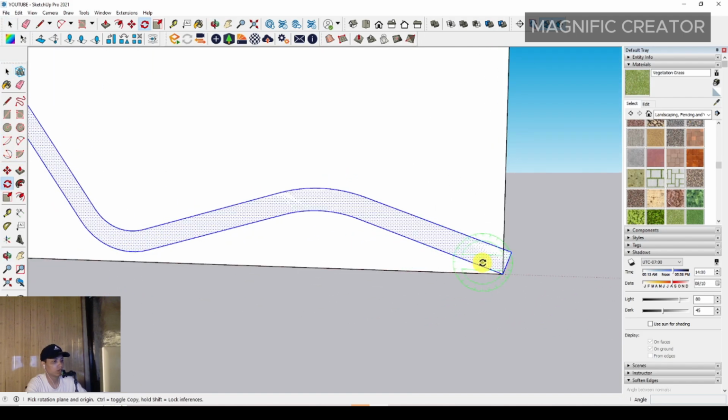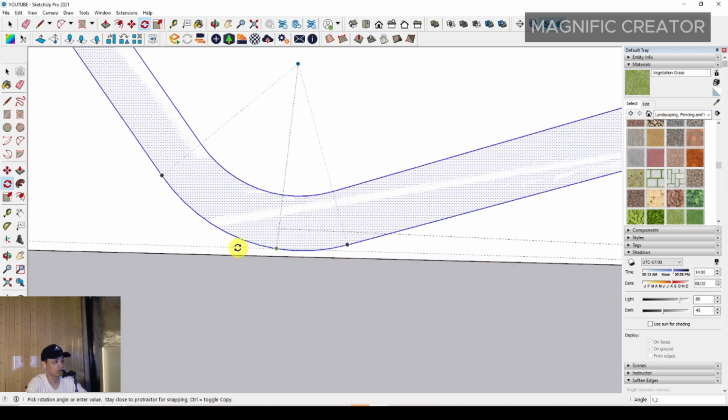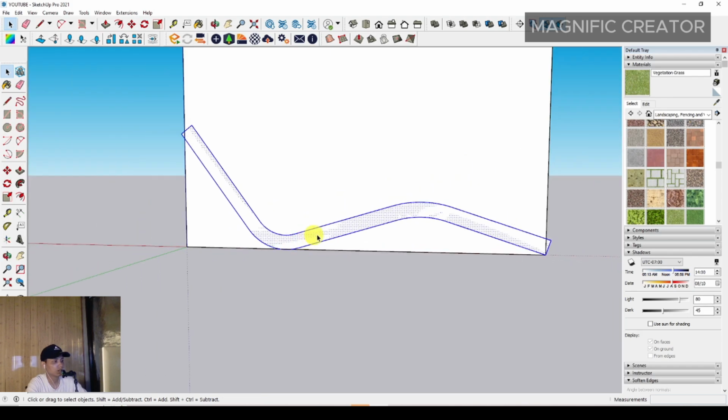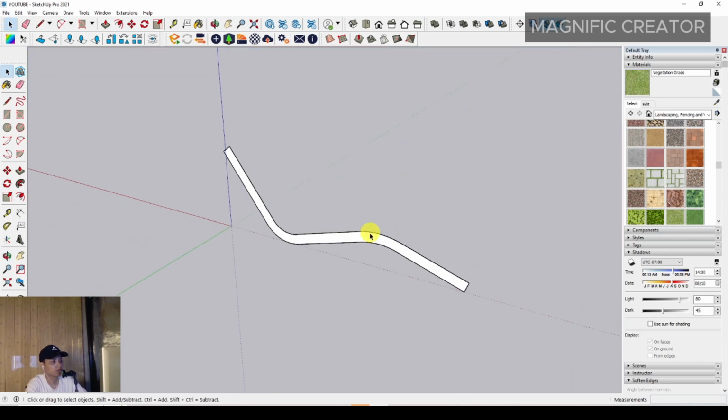The Rotate tool we can place from this corner. We can rotate it anyway. Okay, and then we can delete unnecessary objects, and we can push it to the other side